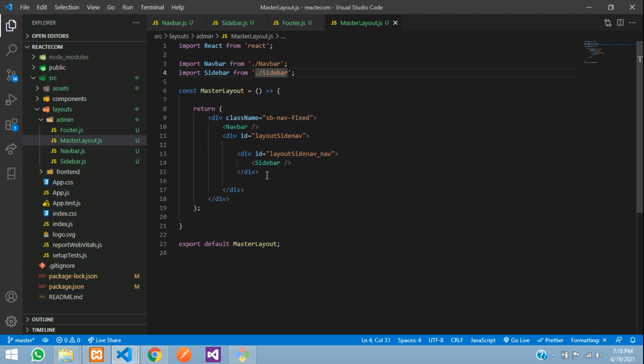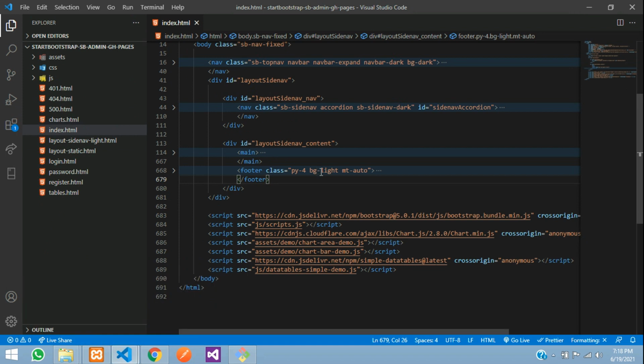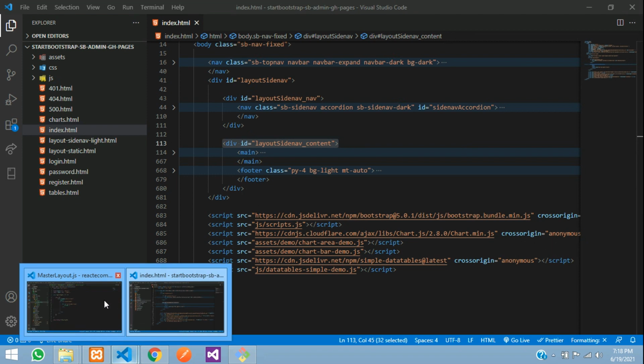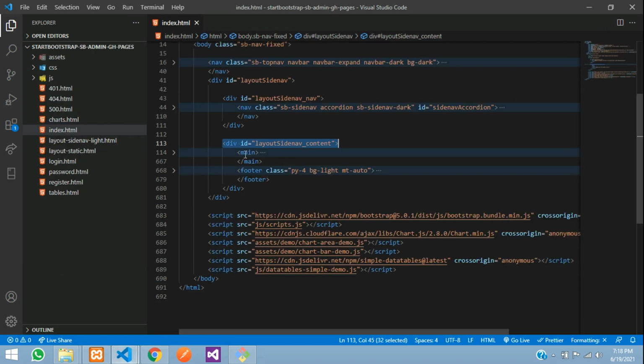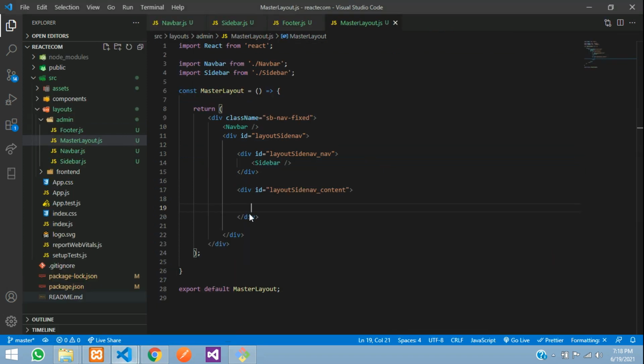So now guys, next step we are going to call the contents and the footer. So let's get back over here, our template. So guys, this is our content with the main tag and the footer. So let's copy this. First we are going to copy this div and paste and close the div, and inside this div we are having the content and the footer. Okay, so let's get back to our React